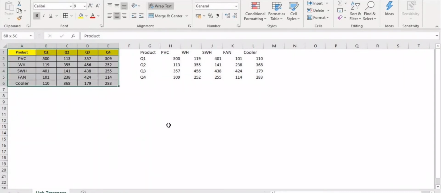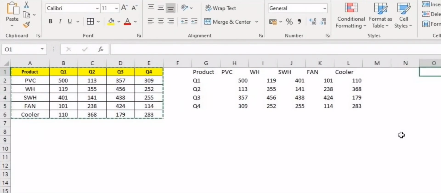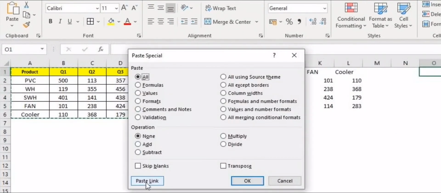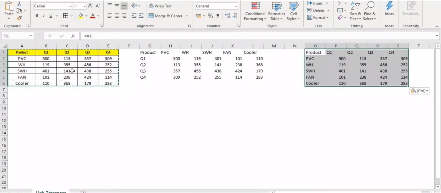So first I will select these columns and rows. I will apply a paste special with paste links here. Now this will give me an exact replica of this data with links. Now the fundamental concept of formulas in Excel is that an Excel formula works only if it starts with equals to, plus or minus. Now here is the trick to transpose the data using links.